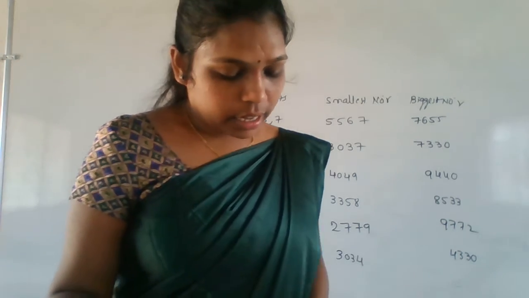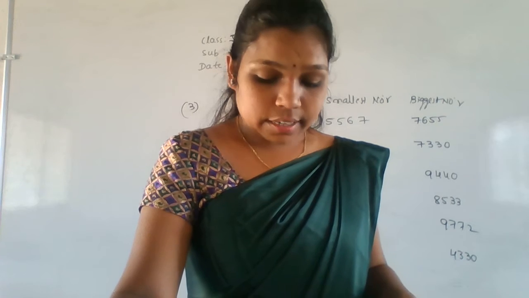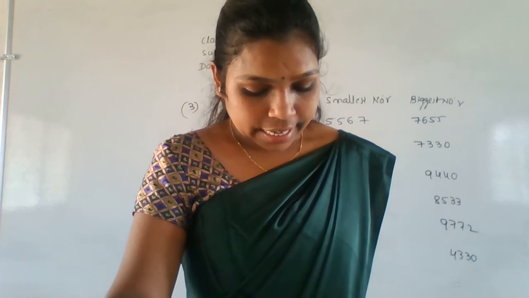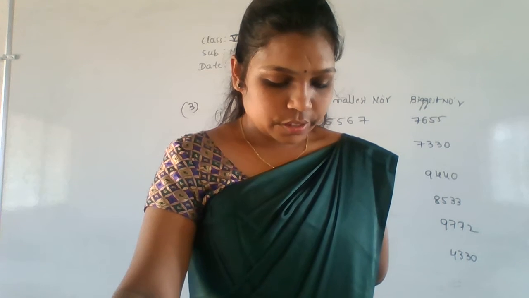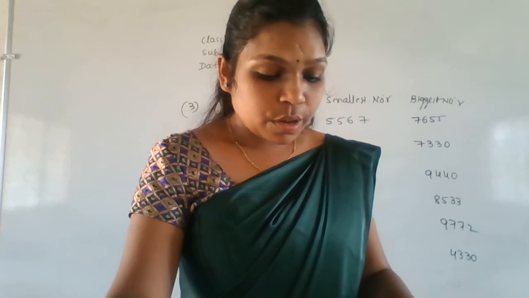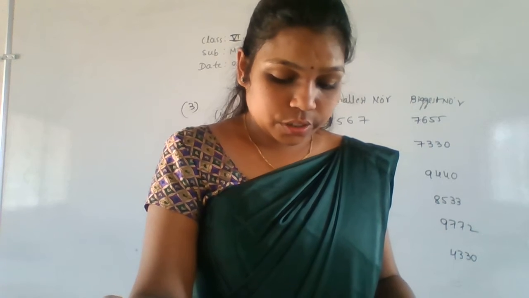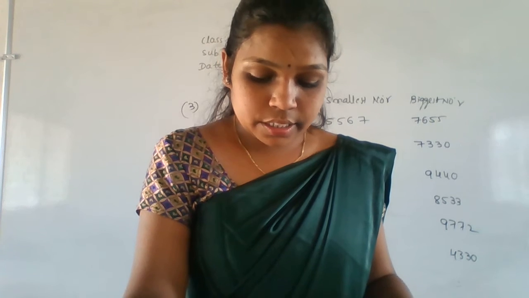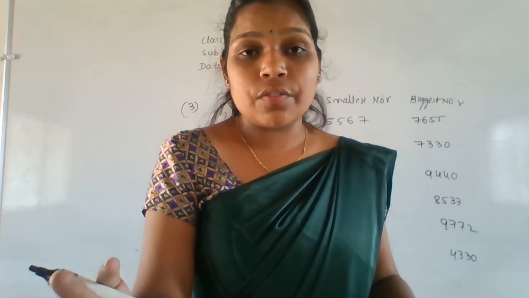Next, the fourth main is there. Form the largest and the smallest 4-digit number using any 4 different digits. Okay, so using any 4 different digits you have to form the 4-digit numbers, with the condition that the digit 6 is always at the ones place. So the fourth one, what is the fourth one they gave here? Form the largest and the smallest 4-digit number using any 4 different digits with the condition that the digit 6 is always at the ones place.